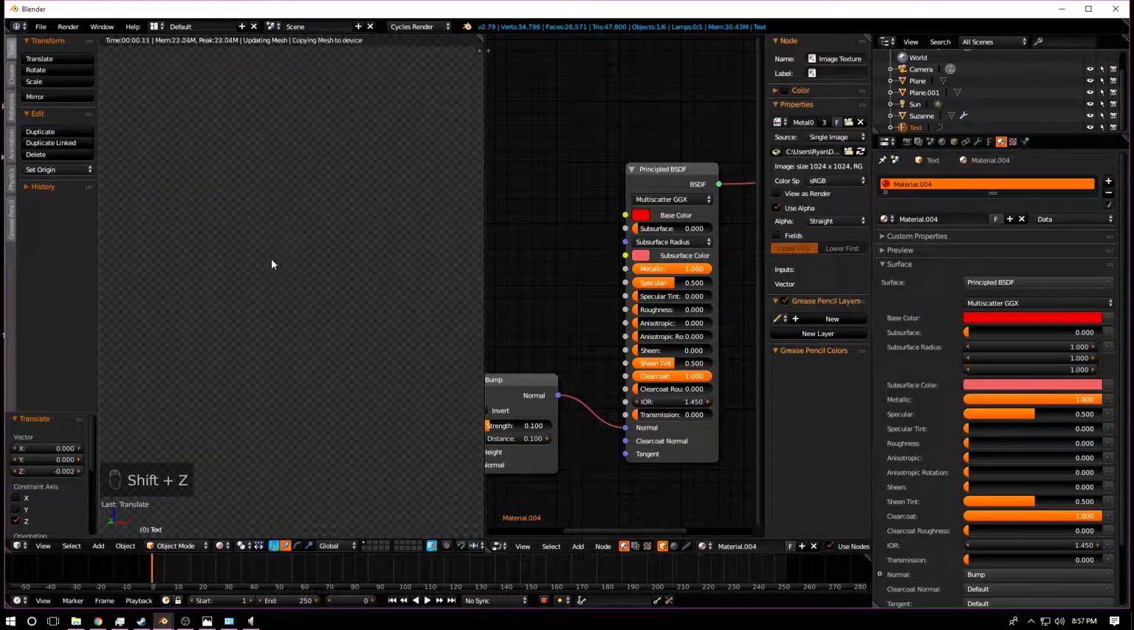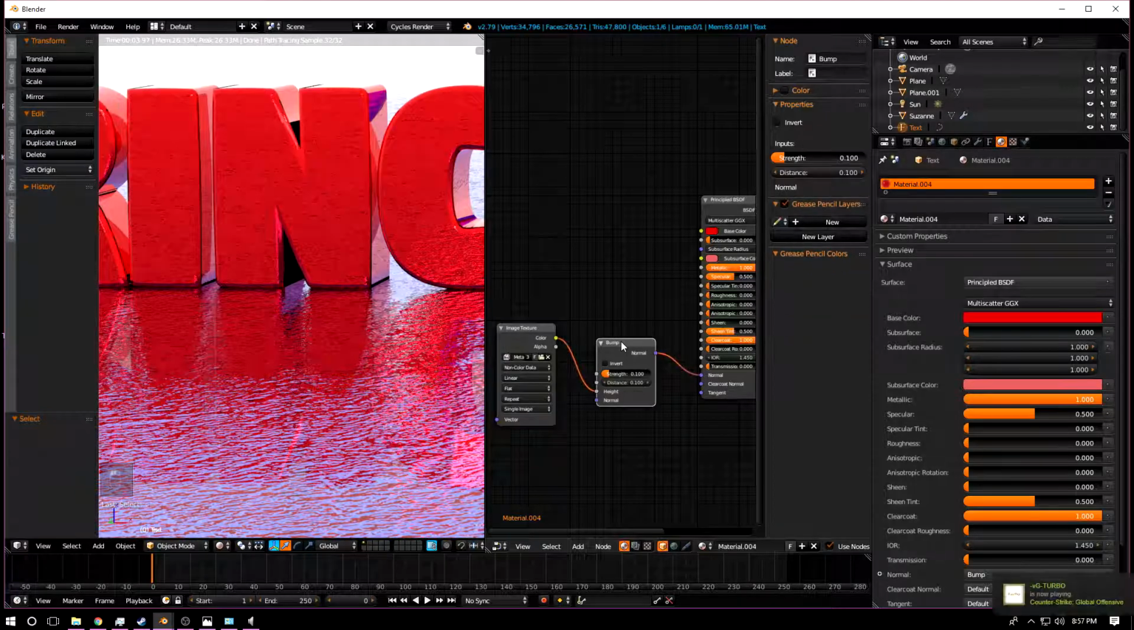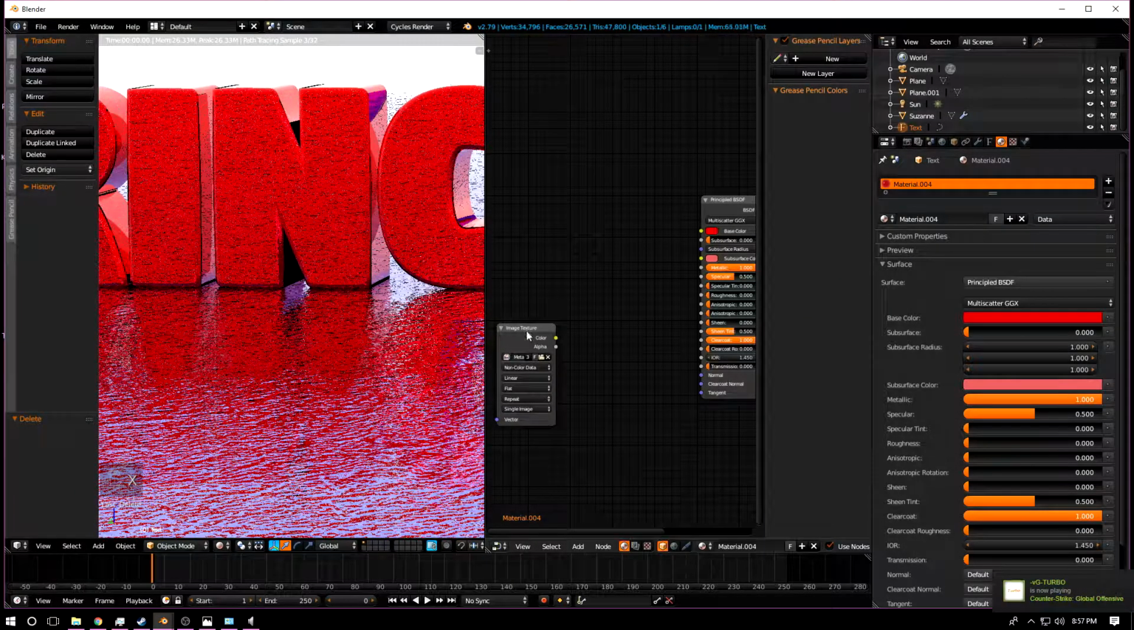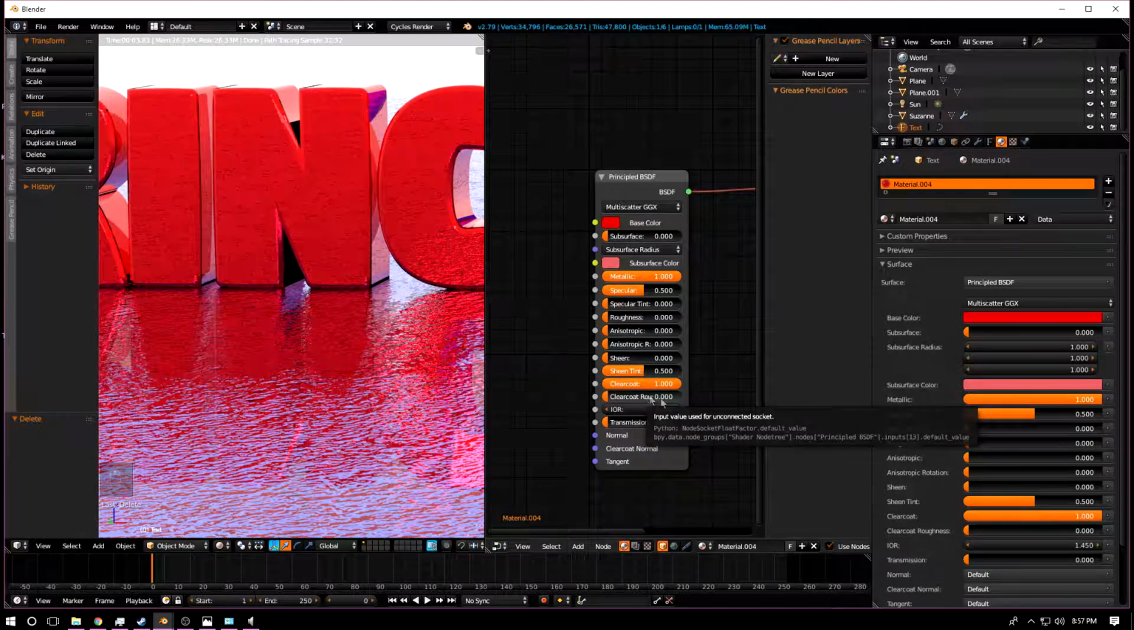Now I'm going to change this to red. That's good. Now I don't want to use a bump map for this text, so I'm just going to delete those two nodes there using X. And then